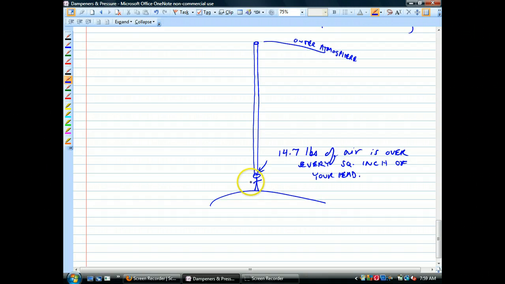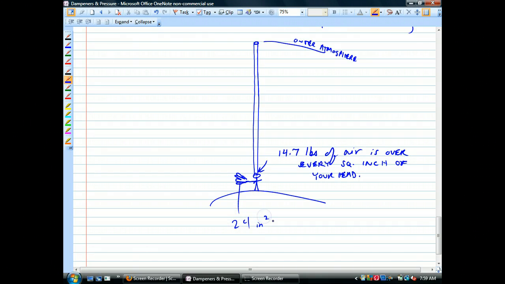Okay? Now, here's a kind of a weird thing. Let's say that here's your hand. Hold out your hand. How many square inches is your hand? Maybe say 4 by 6, 24. Let's say my hand is 24 square inches. That's probably a little high, but if my hand is 24 square inches,